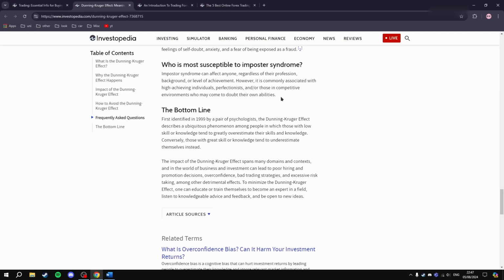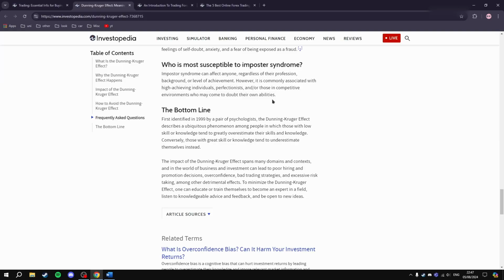Imposter syndrome can affect anyone regardless of their profession, background, or level of achievement. However, it is commonly associated with high-achieving individuals, perfectionists, and those in competitive environments who may come to doubt their own abilities. Bottom line, first identified in 1999 by a pair of psychologists, the Dunning-Kruger effect describes a